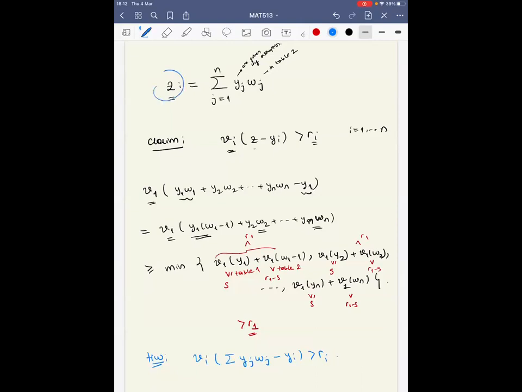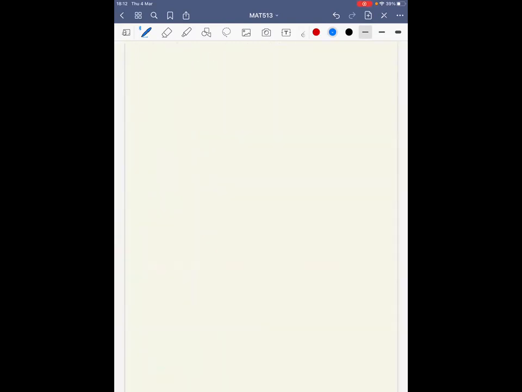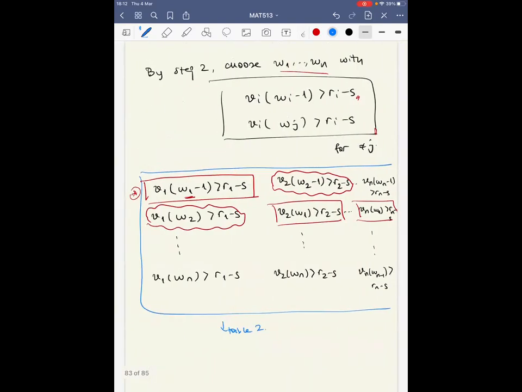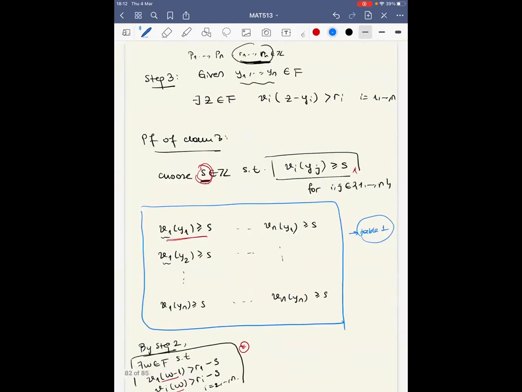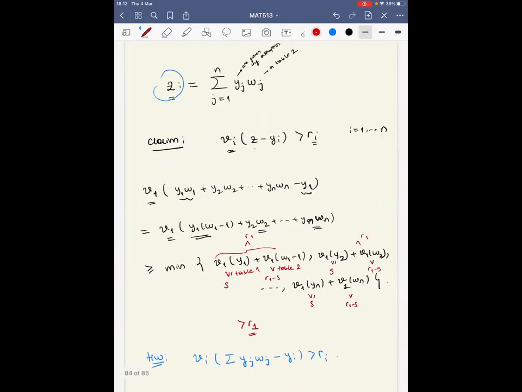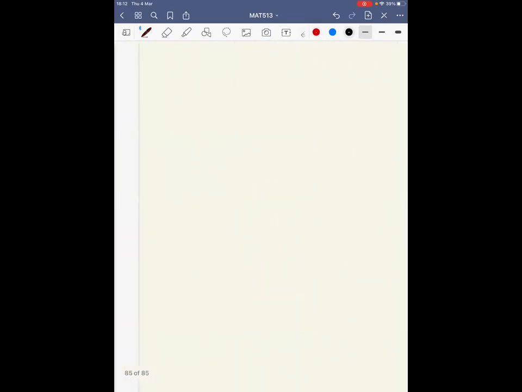And this z gives us the desired function in claim 3. But here note that to complete the proof, we need to see that it should be an equality instead of inequality. And to complete the proof,